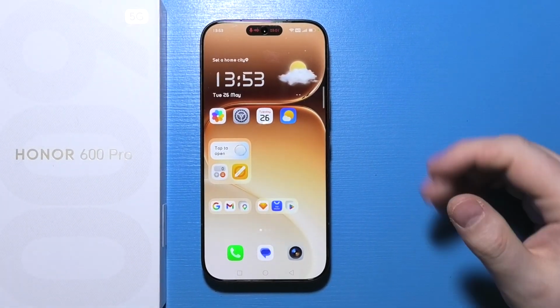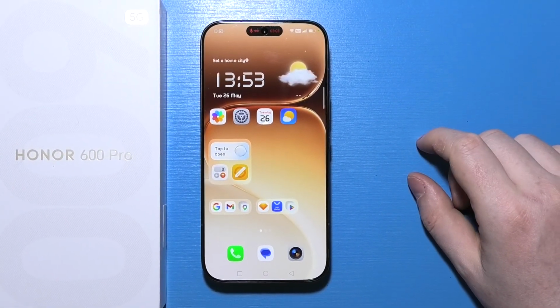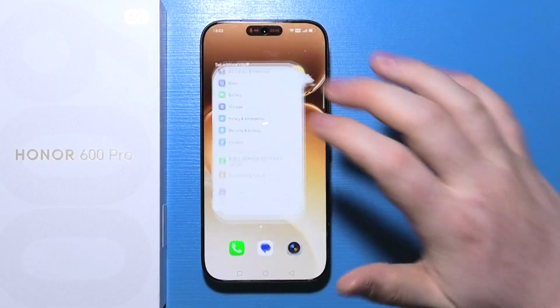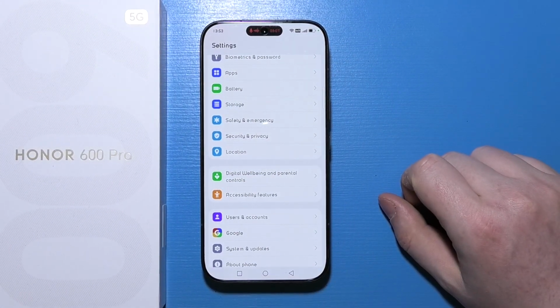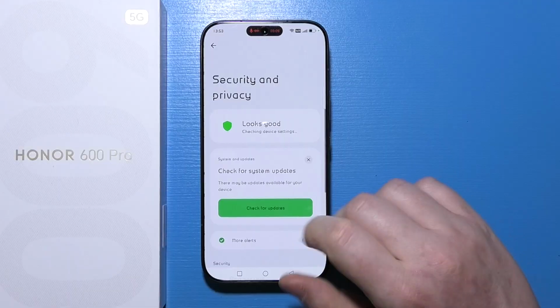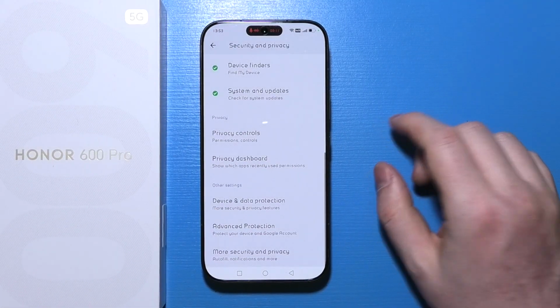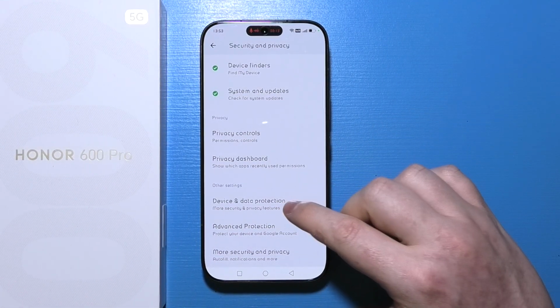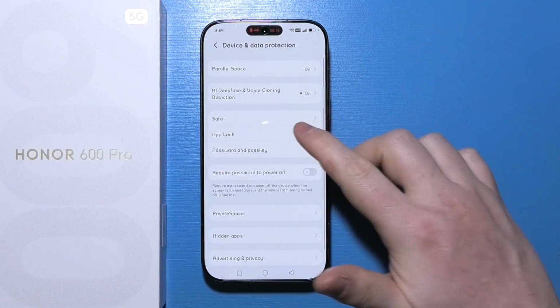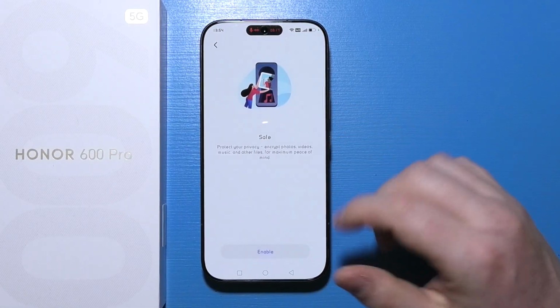To create a private safe in Honor 600 Pro, first of all, let's open settings on our device. Next step is to navigate to security and privacy, and then we can scroll all the way down and select device and data protection. Here you'll be able to find the safe, and if you click on it, you'll be